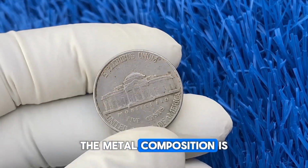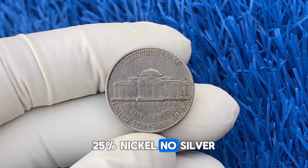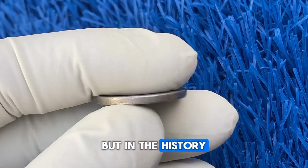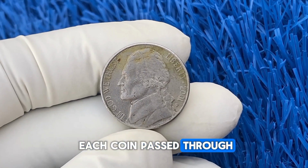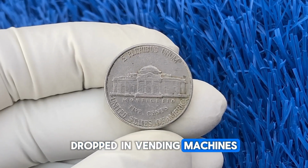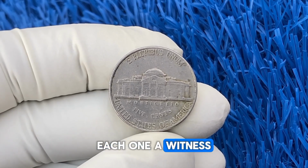The metal composition is 75% copper, 25% nickel. No silver, no gold. The value lies not in the metal, but in the history. Each coin passed through hands, bought candy, paid tolls, dropped in vending machines, maybe even crossed the ocean in a serviceman's pocket, each one a witness to daily life